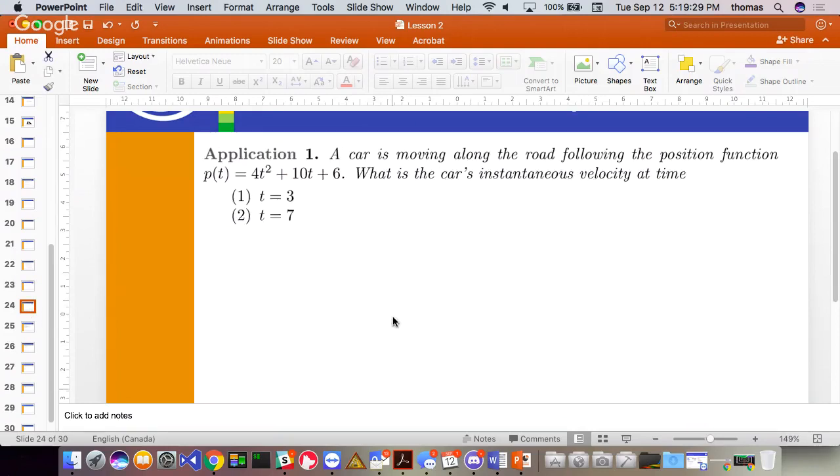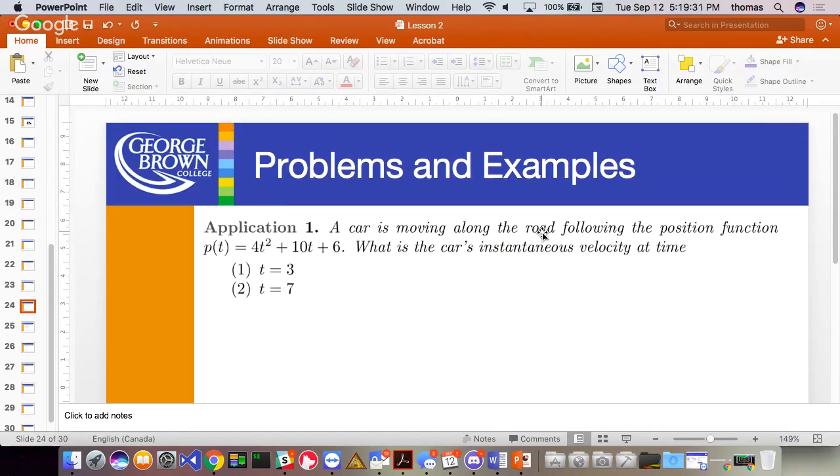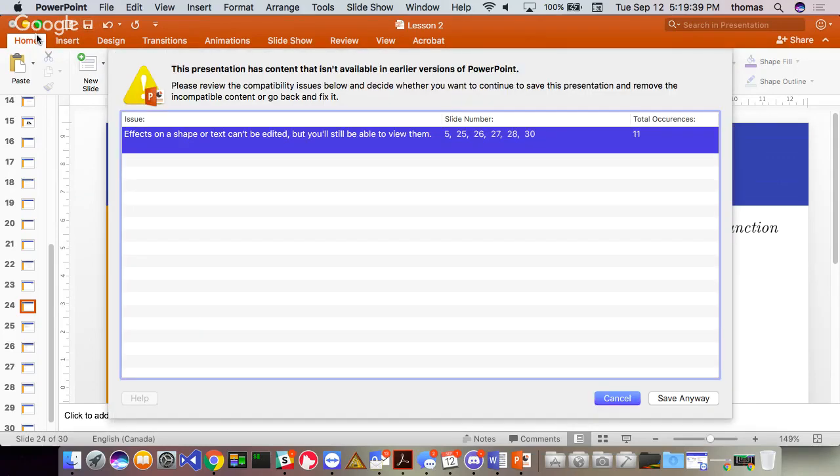Okay, the rest, if you notice, is a bunch of problems and examples that we're going to work on in the lab. So please join me in the lab in C401, I believe, right? I'm just going to save this one. One thing I wanted to